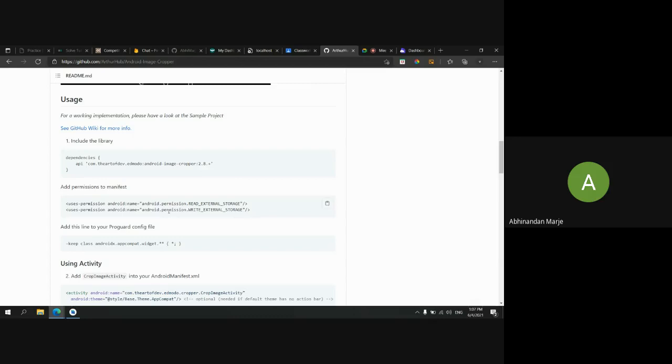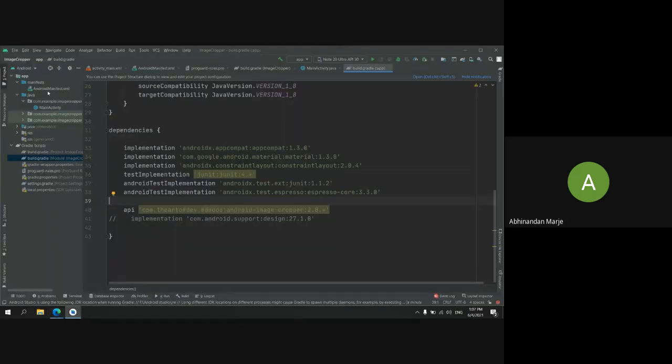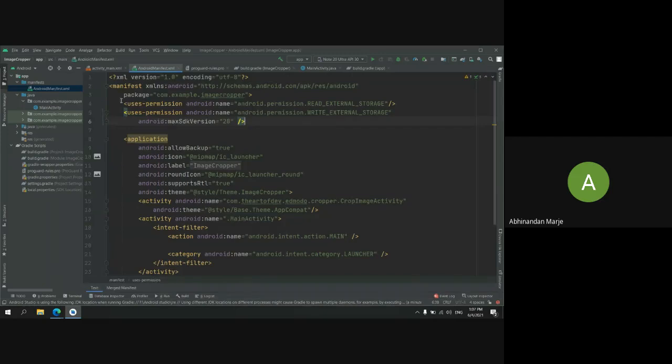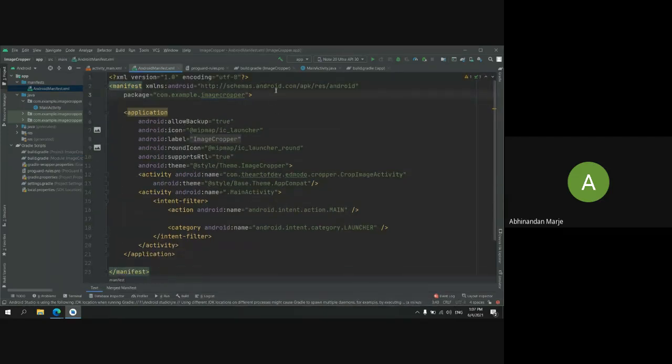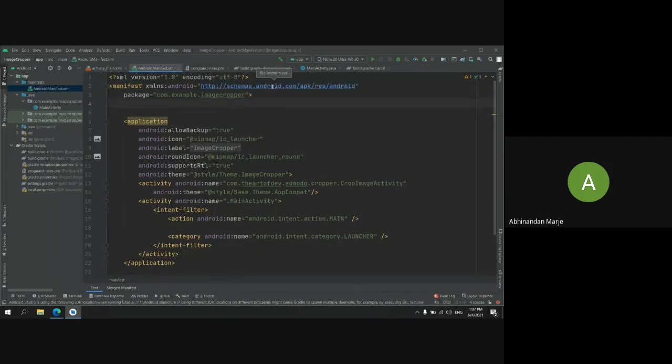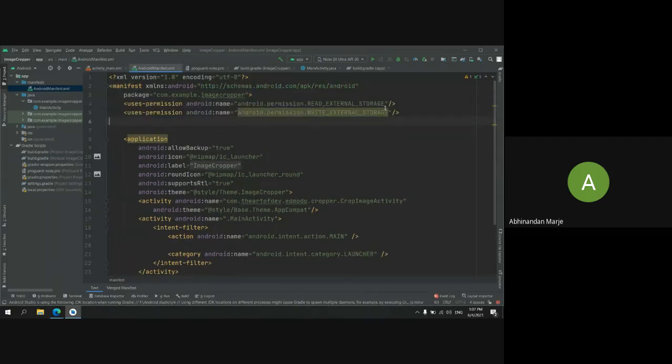Okay, so for that permission requirement, we need to add these two lines. One is the read external data, which means it will access your gallery and whatever is in your external storage, and the other is write, which means it will save the images you have cropped or anything else in your external storage. So just copy these lines, go back to your AndroidManifest file, paste it here. First you will get this much only, then come up here and just paste these two properties.